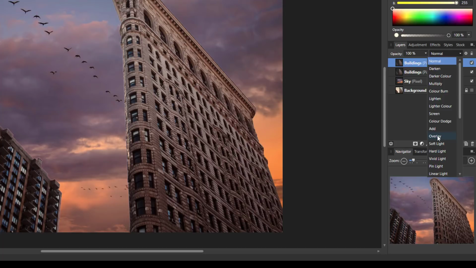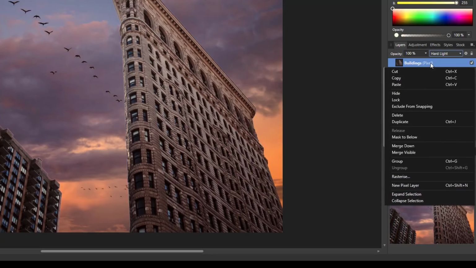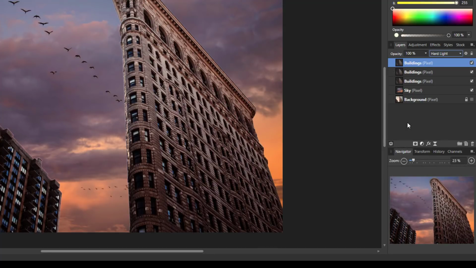Now the one I personally am going to use here is Hard Light. So as you can see, it has made that building a bit darker and a bit moodier, but I still want to go slightly further than that. So I'm going to duplicate this building layer again, the Hard Light version. So I will just duplicate that, and as you can see, that has darkened it once more and made it a bit moodier